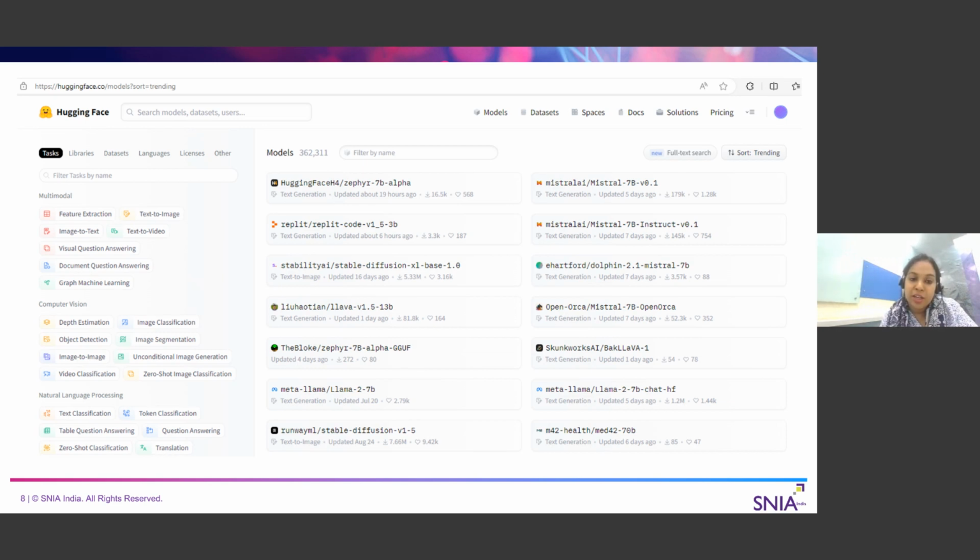Here we are talking about the Zephyr model, and the domain is text generation. Then there is Llama 2, which is one of the famous ones. You can see the number of downloads, how many people have approved and loved this particular model. So this is a go-to place, it has plenty of documentation, and a lot of people are using it currently.